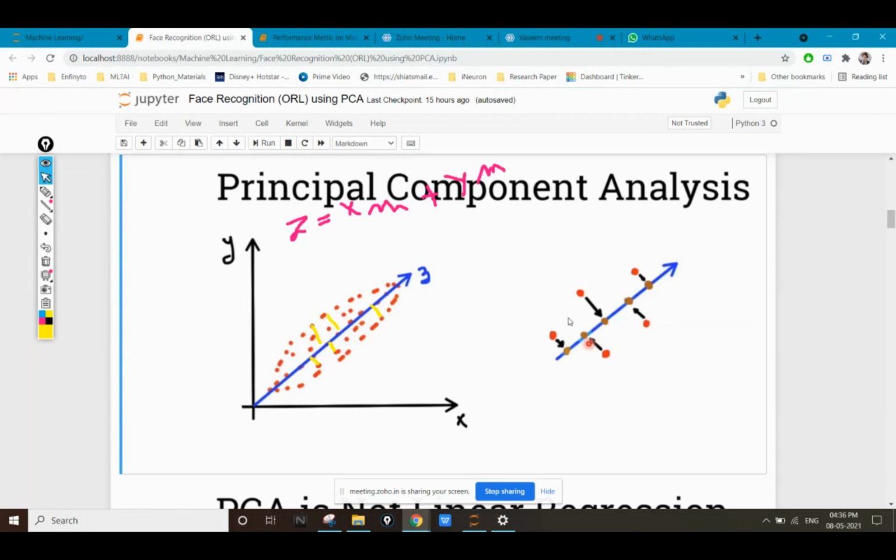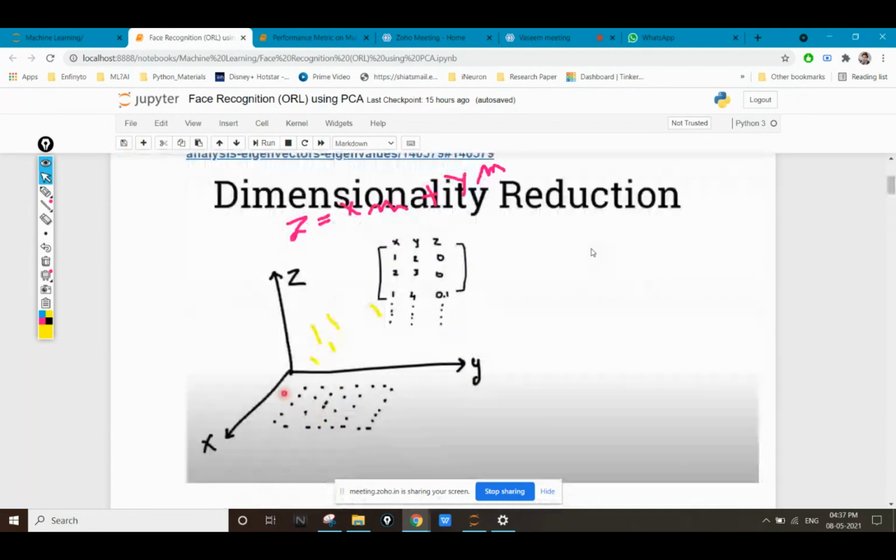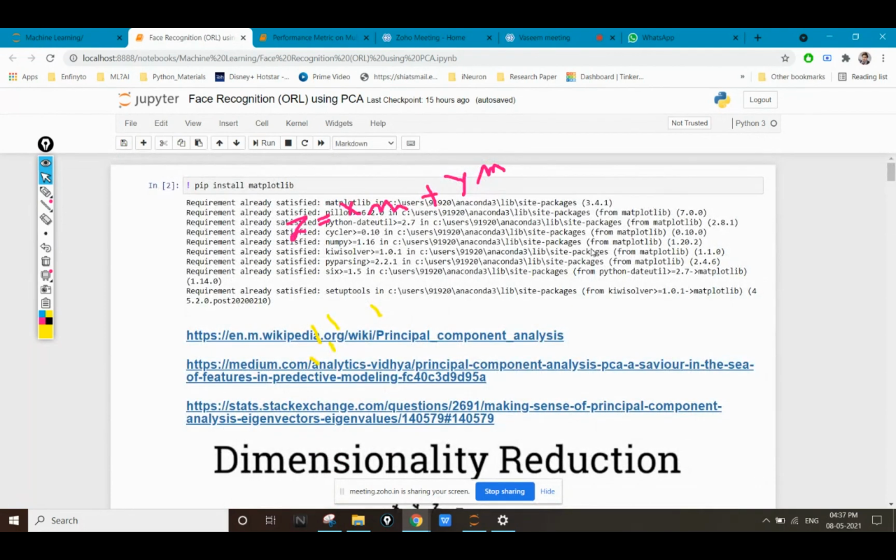If these points are at a sufficiently far distance from each other, then I'm going to get the most amount of features. And if these points are coinciding or colliding above each other, then I'm going to have the minimum amount of features.